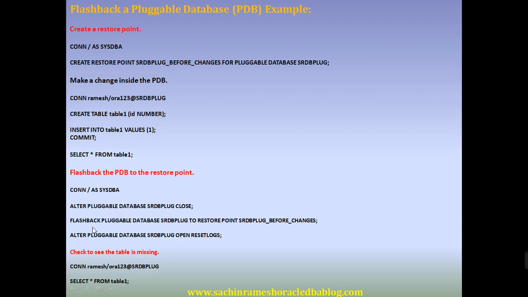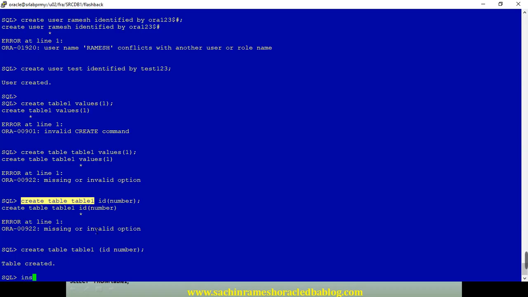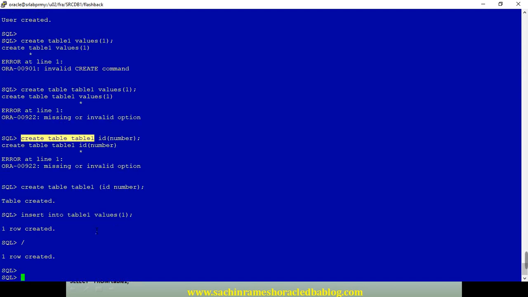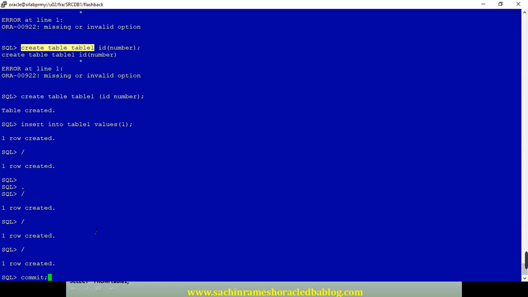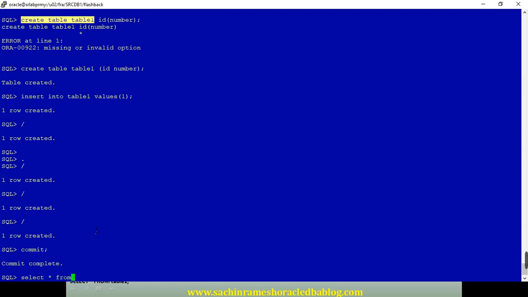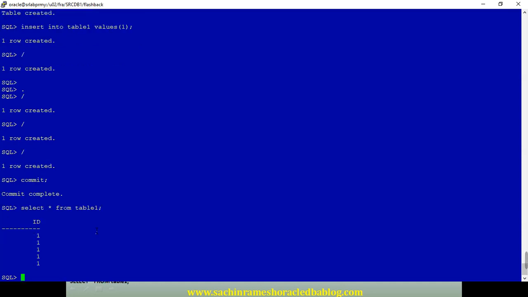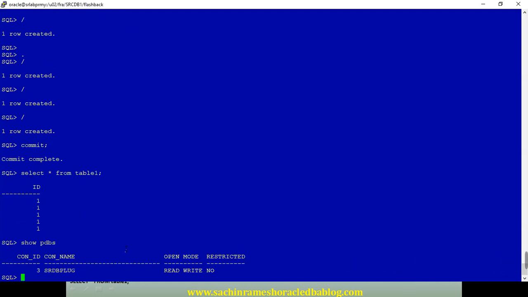Here it is. We have created one table and inserted a couple of records, and they will be displayed soon. Now alter pluggable database close.